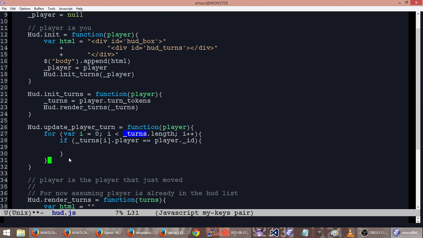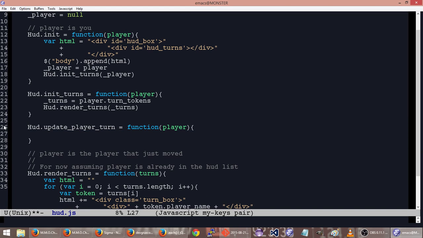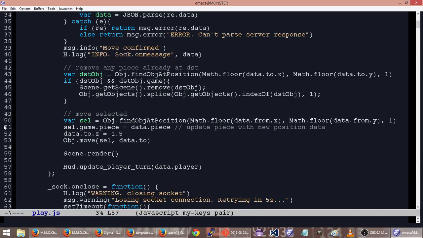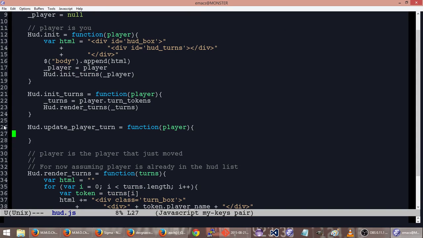What we need to do is make a separate request for the turns of the current player, of our player. Then we'll just render it. Yeah, that's a better solution. Okay. So every time somebody moves, we're gonna call this, and without passing anything, we'll just call update turns, and we're gonna make an init turns, render turns. Okay, so we need an API method to